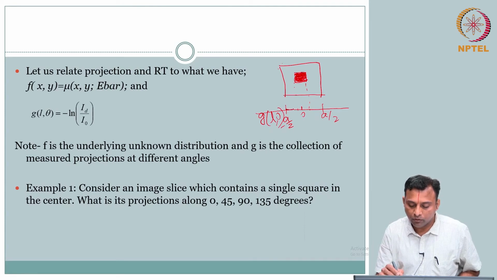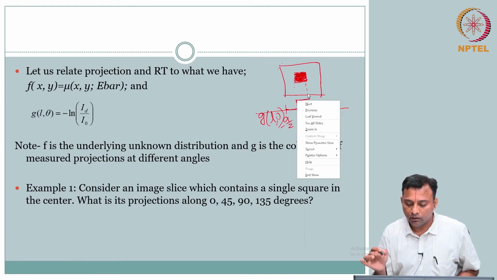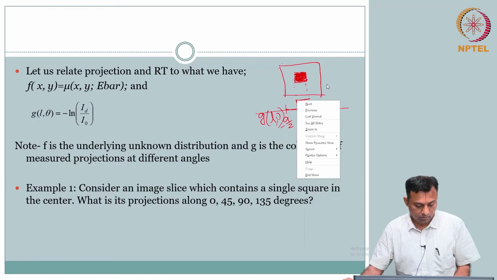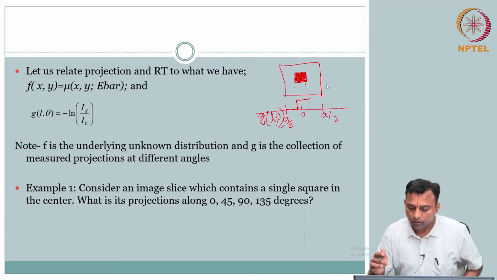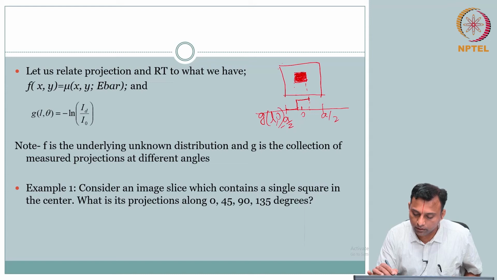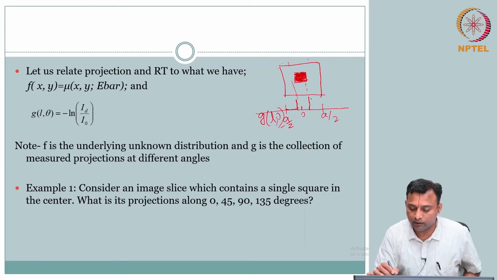So I have 0. When I come to this location, now I am going through the square. So that means it is going to sum along the square. So that means I have a value that goes up, and that remains same because the rest of the parallel lines, when we go through, the length is same. And then it comes down because after you cross, I am just trying to sum along the lines, right? That is what your interpretation is. Again it becomes 0.